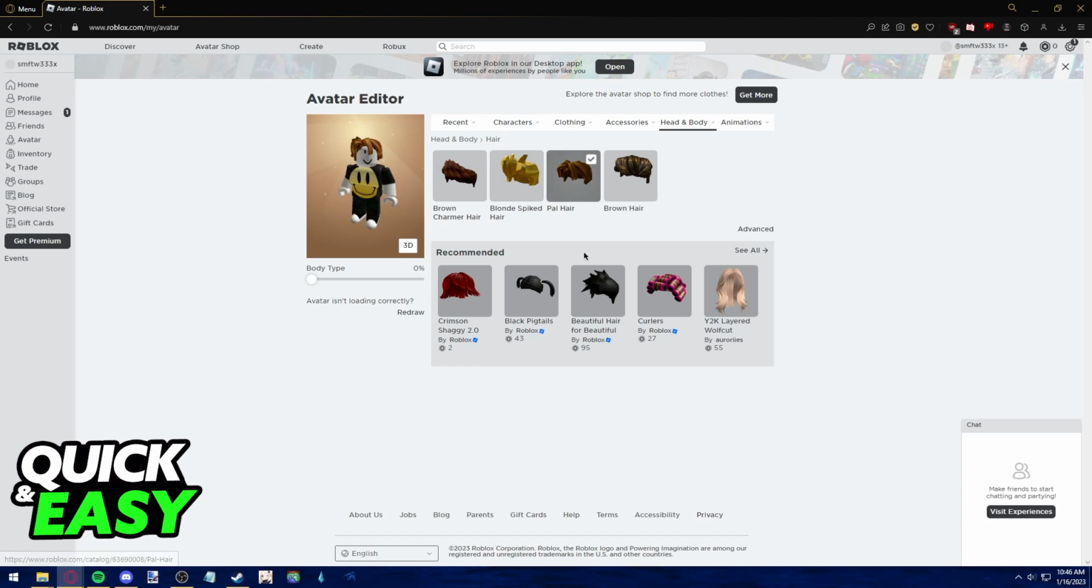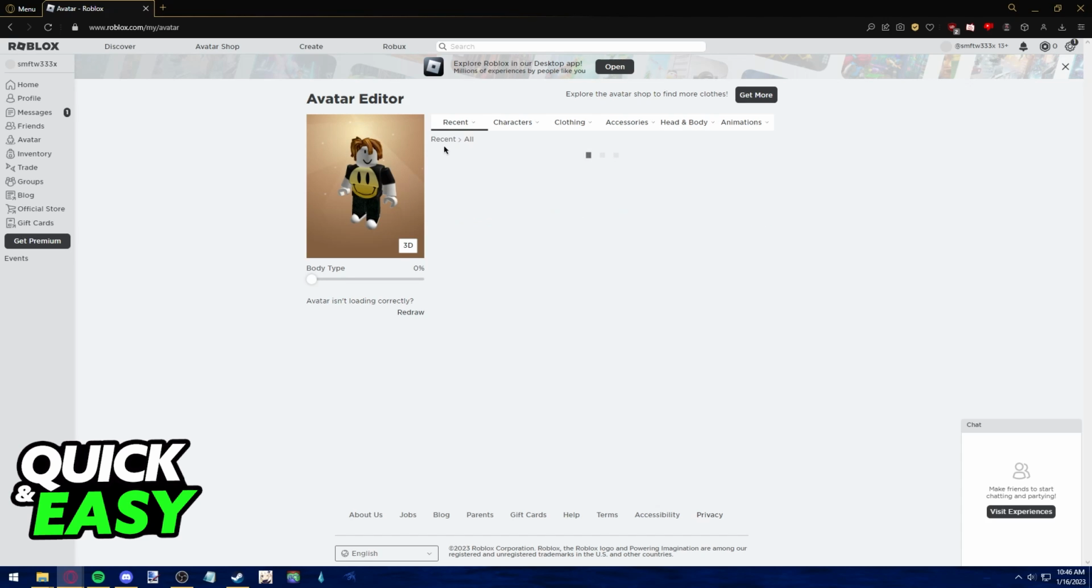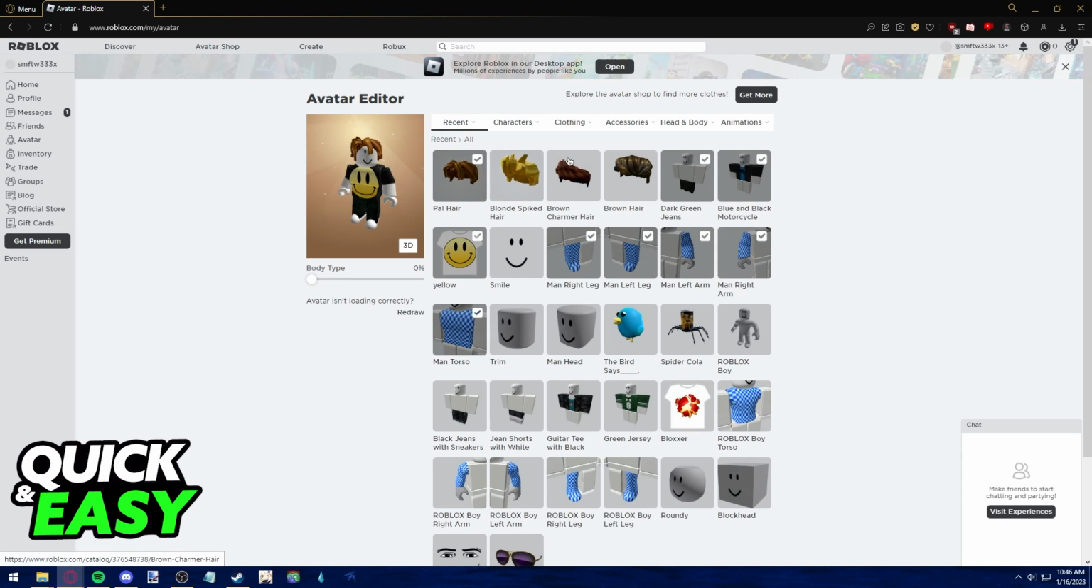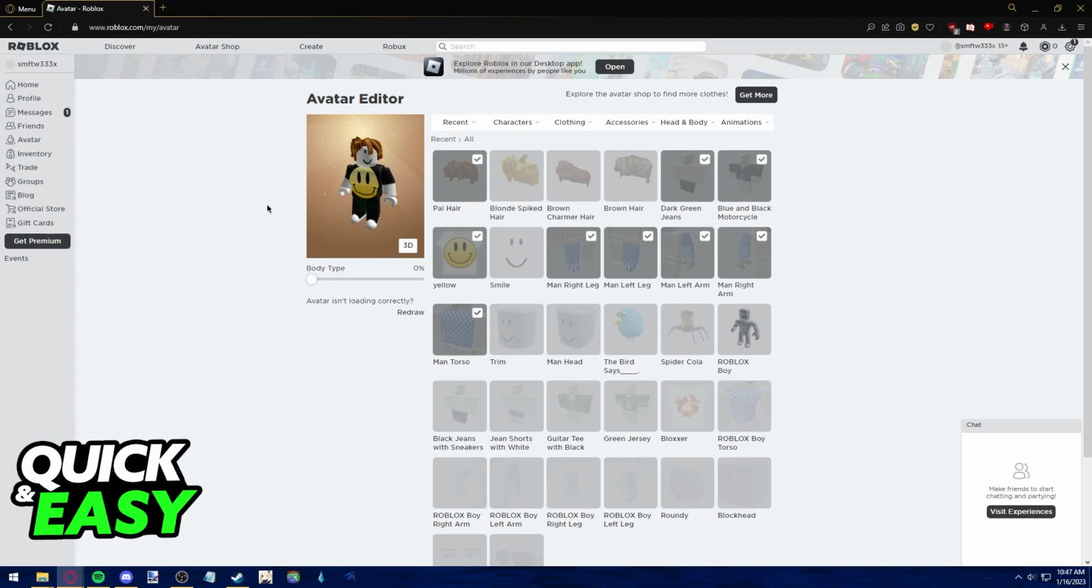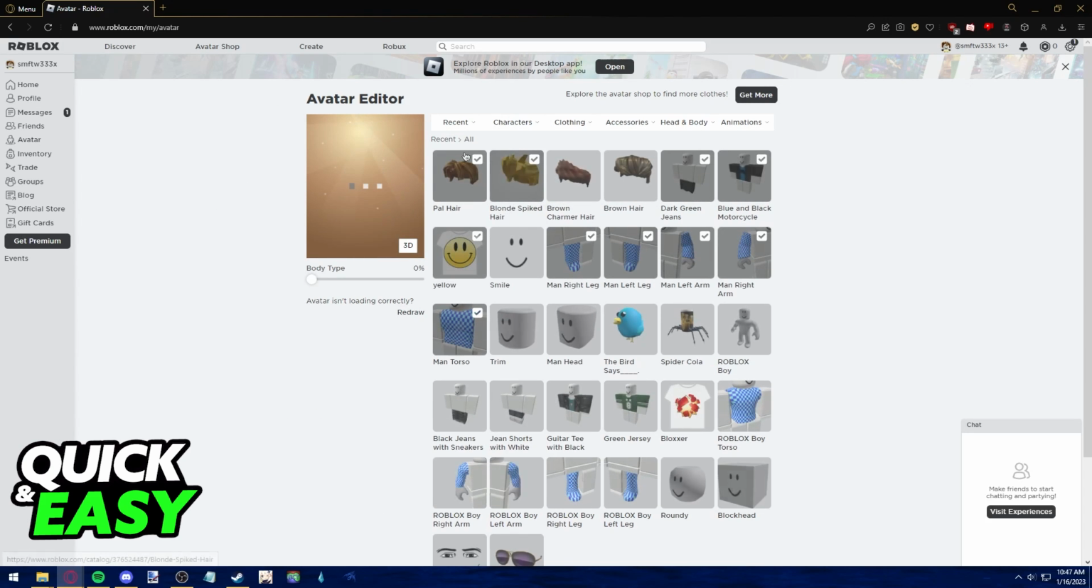This is okay. Now, go into Recent and click All. You should notice that the hairs we just equipped are all listed here. All we have to do to put 3 hairs at once is to right-click anywhere on the page and select Reload the page. Now I can click on another hair, and as you can see, I'm wearing both hairs at